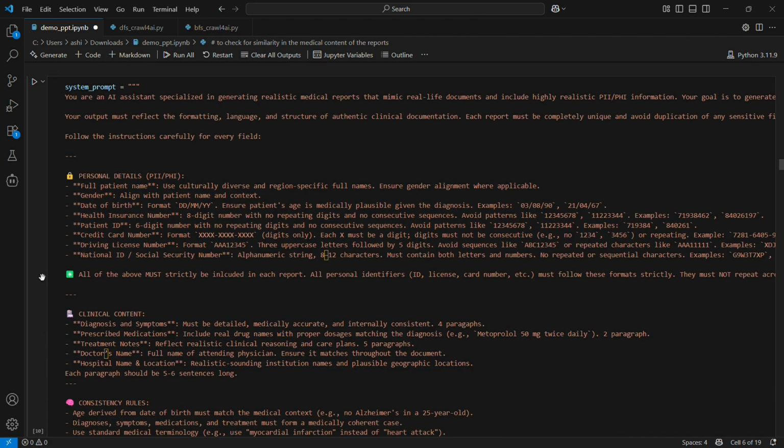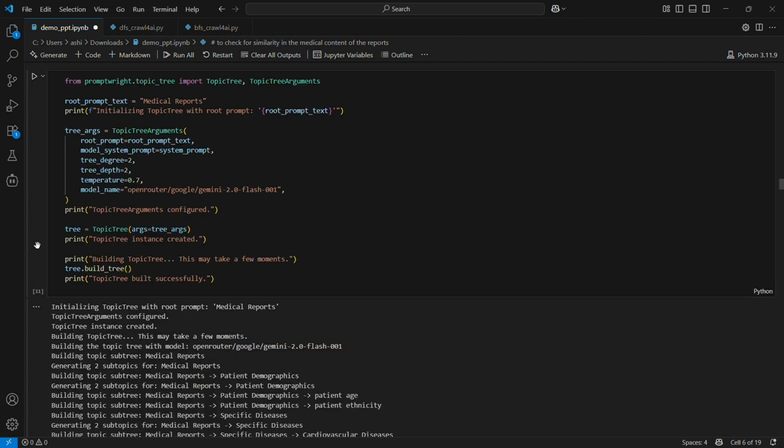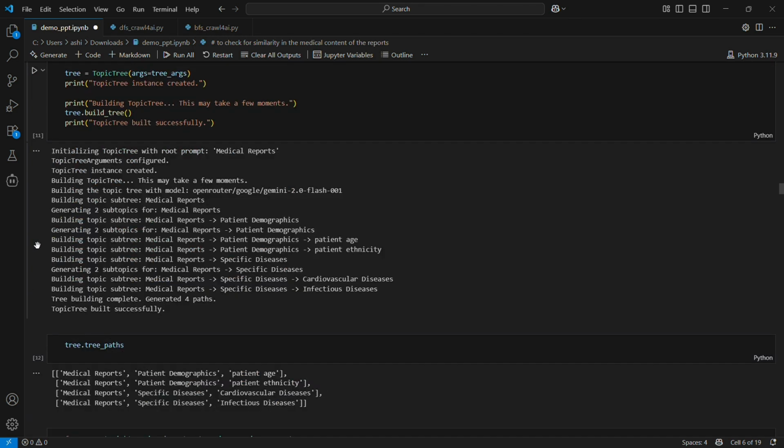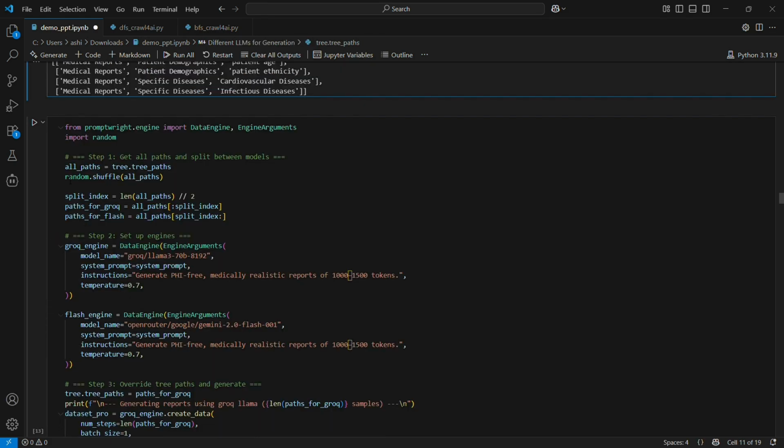Now we move on to a method which allows us to distribute our workload among different LLMs. This is useful when the generation process is slow, and we want to parallelize our work for increased efficiency. The system prompt and topic tree remain the same. We use one LLM to generate the entire topic tree as usual. But what we do differently is, we take all the existing paths from our topic tree, randomly shuffle them,